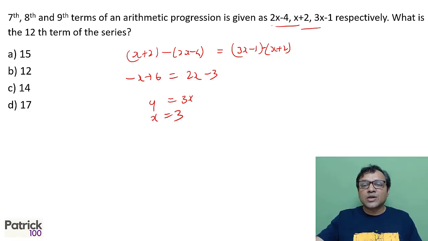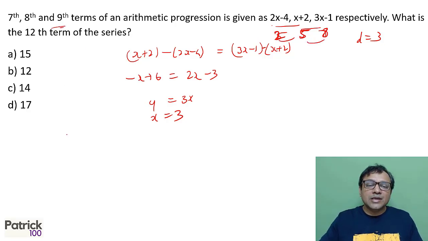The moment you get x equal to 3, you get the first term as 2 times 3 minus 4, which is 2. The second term is 3 plus 2, which is 5, and the third term is 3 times 3 minus 1, which is 8. So you get 2, 5, 8, which means the difference is 3. The difference between the terms is 3. If the 9th term is 8,